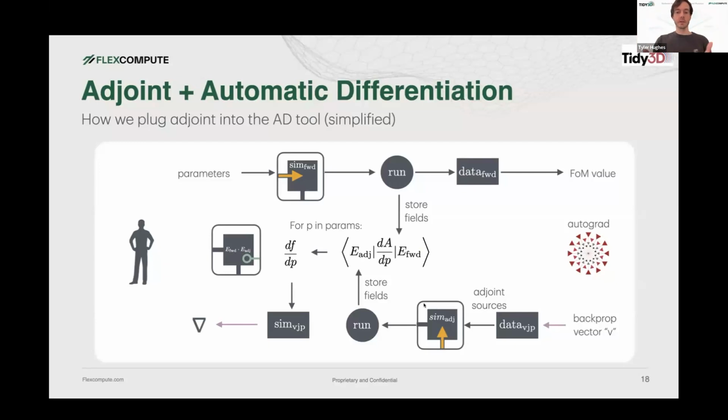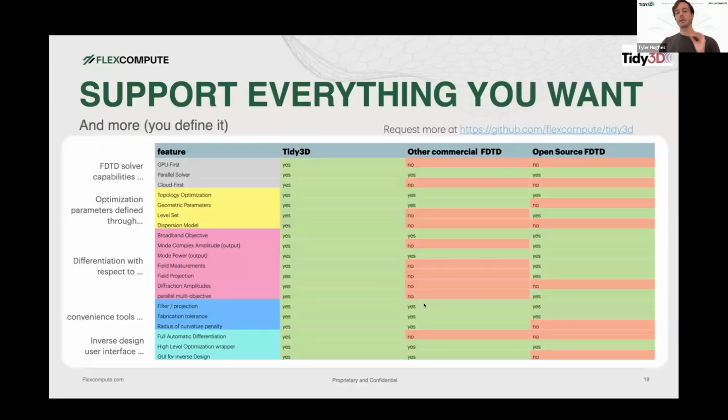So we've plugged all this adjoint stuff directly into AutoGrad so that it happens behind the scenes. When you ask for grad, you just notice one more simulation kicking off, and then your gradient gets spit out. So it's essentially a seamless process. And what's really nice about this is it's so general that we can just define the adjoint rule for any general FDTD problem that we can encounter in Tidy3D. That means we can implement all these sorts of features, like field projection and different types of optimization; everything is automatically supported because we've done it in this general